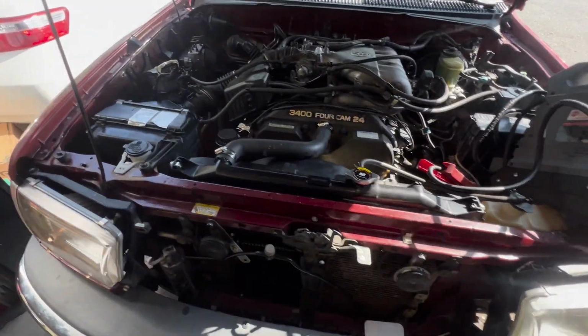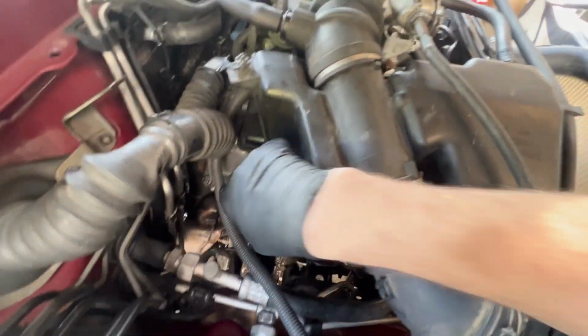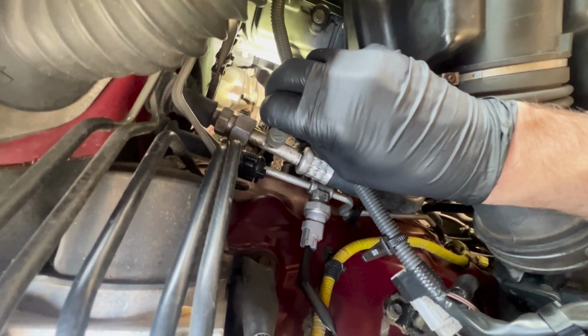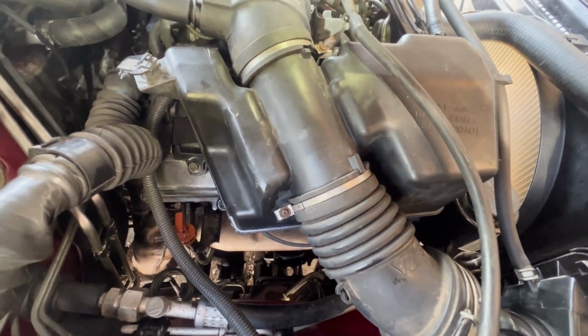Alright, so we've located this noise to this right side over here, and it's something in the valve train on this valve cover over here. We're going to have to remove this valve cover anyway because we got an oil leak down there. It looks like it's coming right off our corner here. So we need to check that out. And then obviously the engine's running actually really nice,